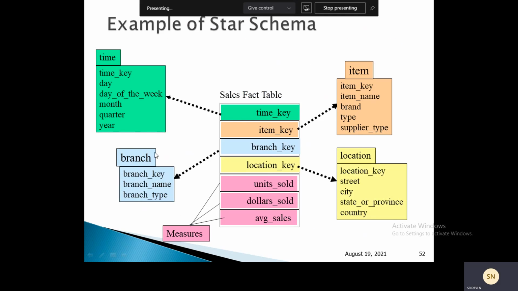We have time, item, location, and branch dimension tables, which are connected to this star schema. So we have a single central fact table which contains the bulk of the data with no redundancy, and smaller attendant tables called dimension tables, one for each dimension.